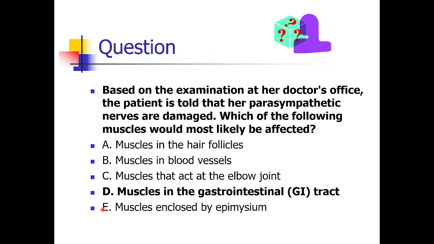And the same story is about option E, muscles enclosed by epimysium. Guys, epimysium, perimysium, endomysium, it's like connective tissue for skeletal muscle, exactly. So same story, we need somatic innervation for that. So muscles of the gastrointestinal tract, they are our smooth muscles which will contribute to that peristaltic movements, and that's what we need for digestion, which is happening when parasympathetic is predominant.